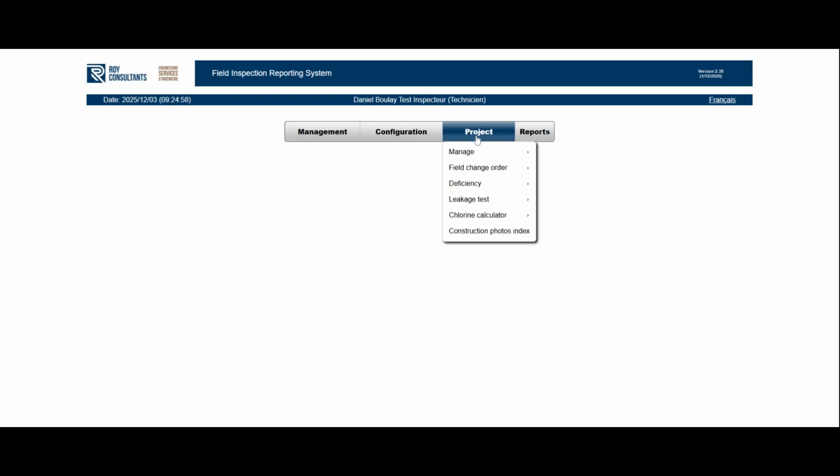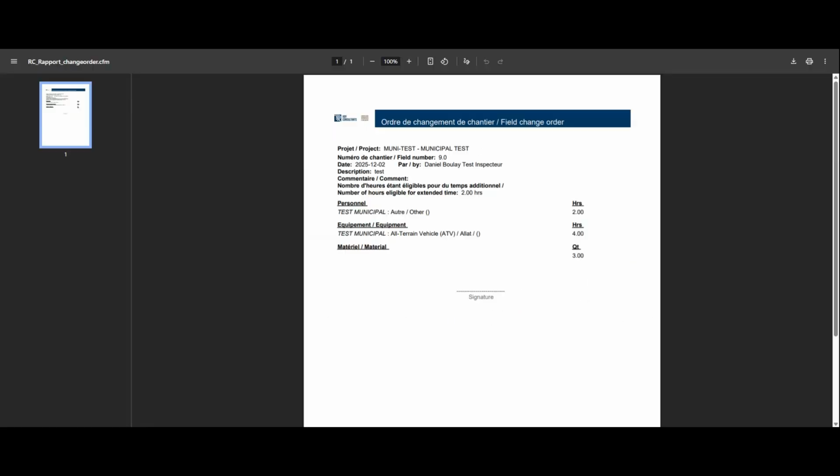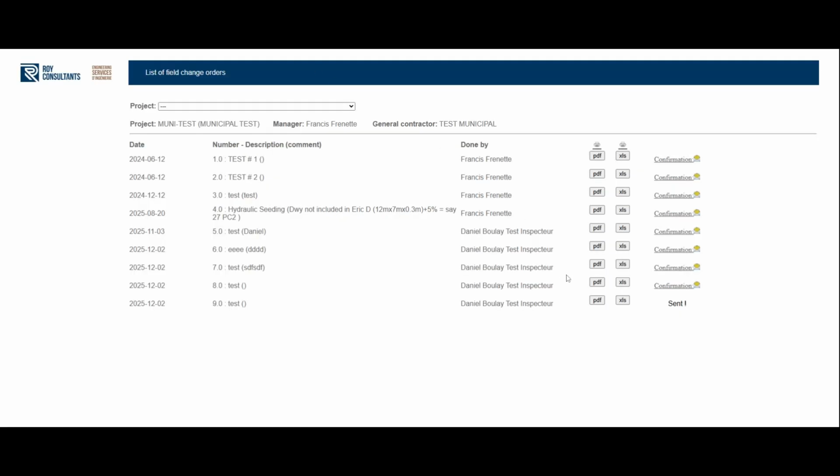With the Field Change Order subtab, you have access to the list of change orders for a project. Select the project to generate the report. For each change order, you can view the details in PDF or XLS format. At the end of each line, if there is a mention of sent, this indicates that the order has been